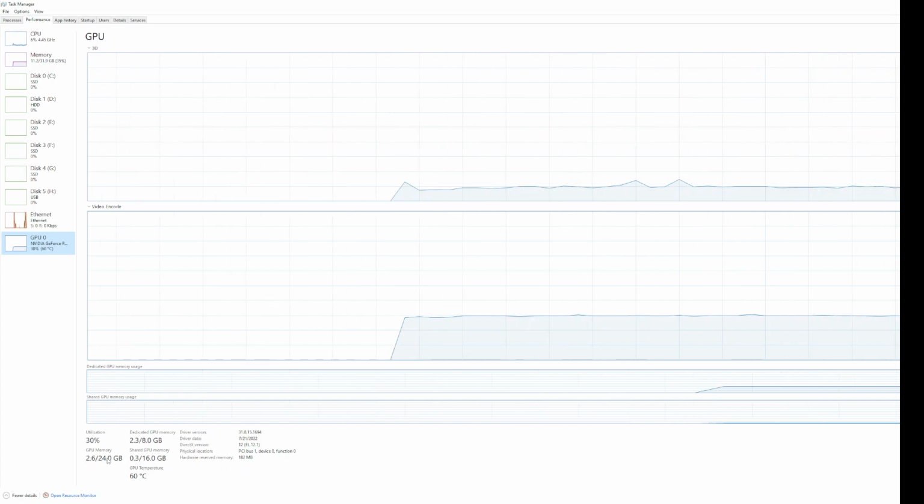Dedicated GPU, and it has borrowed 24 gigs. But why is it